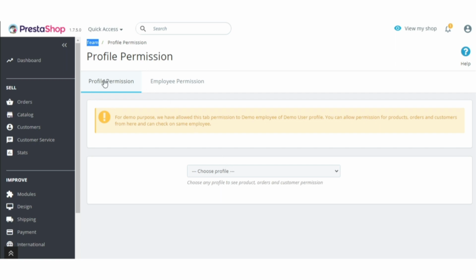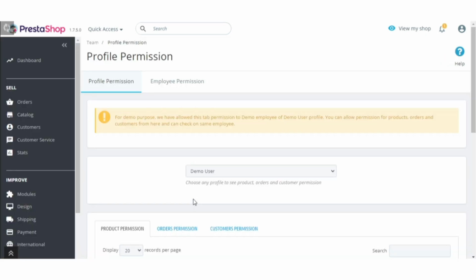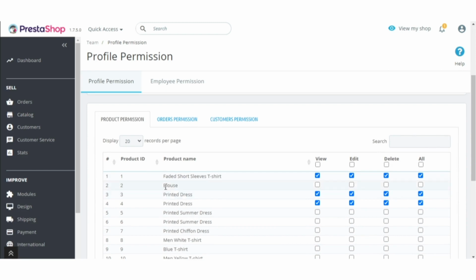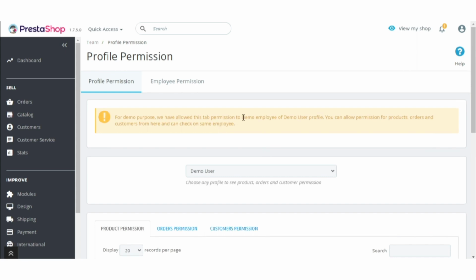Under profile permission, super admin can select the profile and give products, orders and customers permission to the employees of that profile.